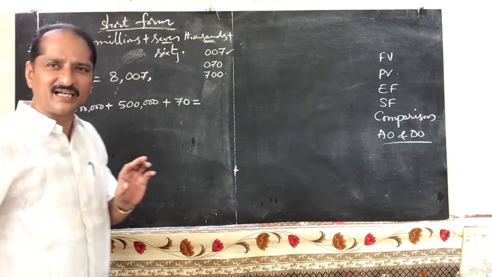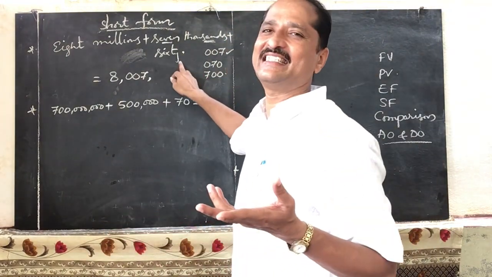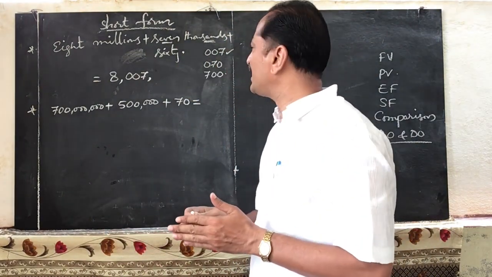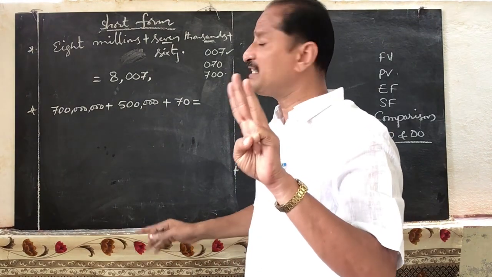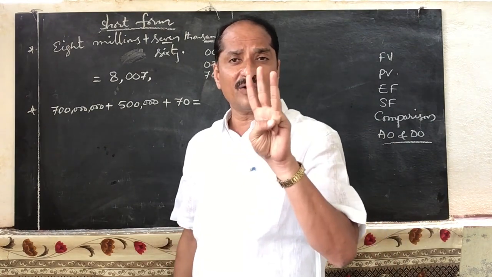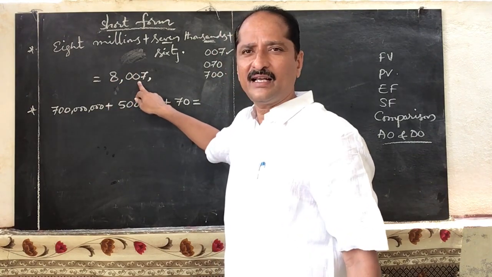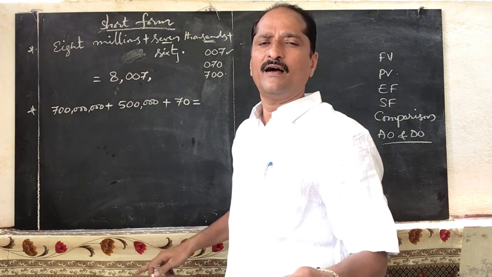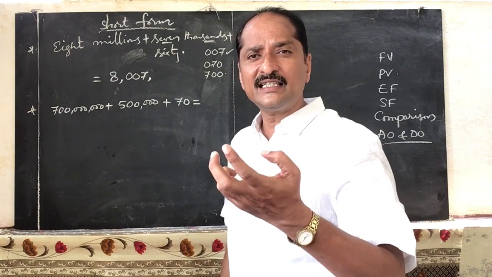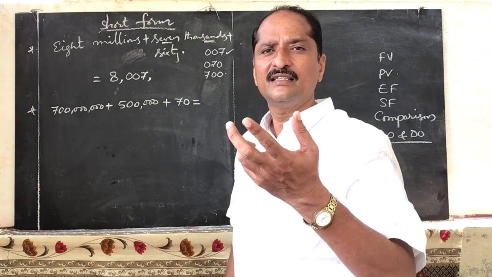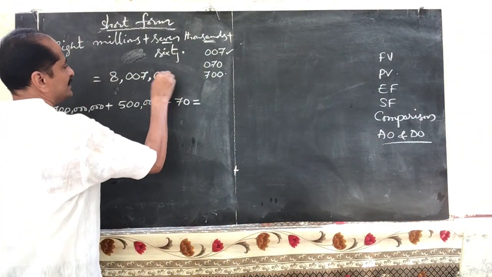Next level after the thousands period, what? Units period. How many places does the units period have? 60 is given. How can you write 60 in 3 digits? The units period also contains 3 digits. In the international system, each and every period has 3 places: units, millions period, thousands period. The next level after thousands period is units period. How much is given in units period? 60. So how can you write 60 in 3 digits? 060. Very good.